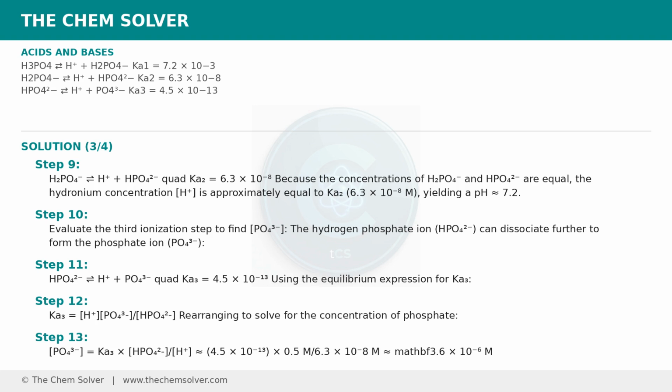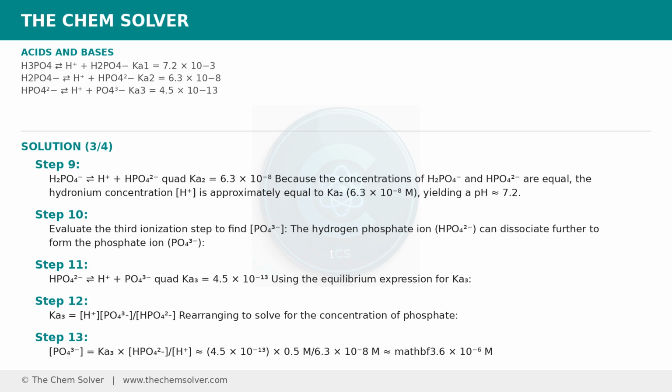The hydrogen phosphate ion, HPO4²⁻, can dissociate further to form the phosphate ion, PO4³⁻. HPO4²⁻ is in equilibrium with H⁺ plus PO4³⁻. Ka3 equals 4.5 times 10 to the power minus 13. Using the equilibrium expression for Ka3, Ka3 equals [H⁺][PO4³⁻] over [HPO4²⁻],